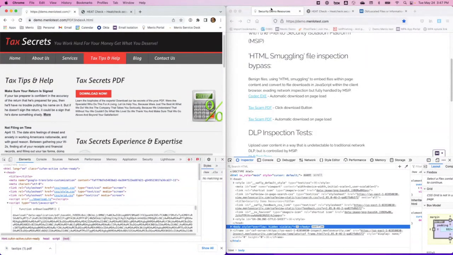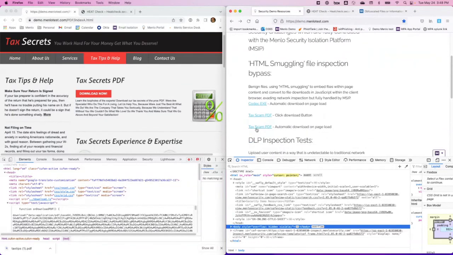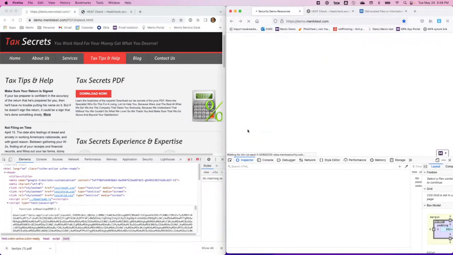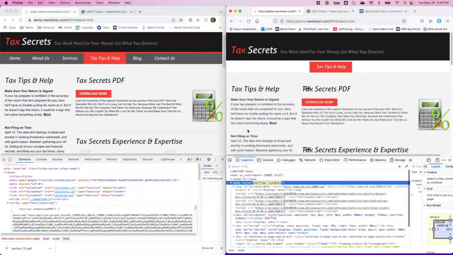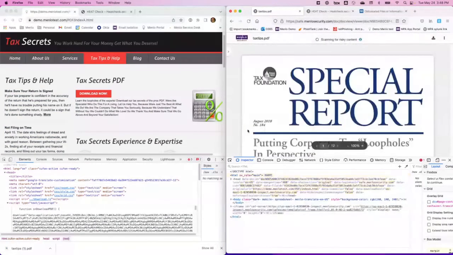Now I'm going to switch gears here to my Firefox browser. You're going to see a couple things that are a little different, right? Same site, same everything. I'm going to click on the same link, and because we control that browser session, it's going to do a couple things. The site tries to download it, but because we're able to remove the interaction between the user and that site and sit in the middle, this is going through our isolation